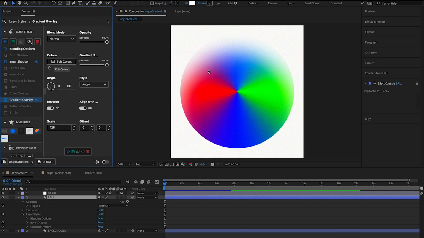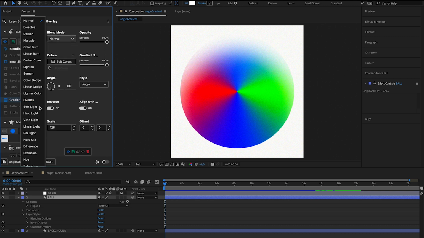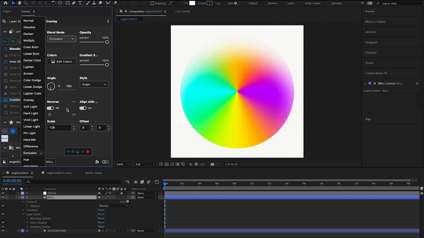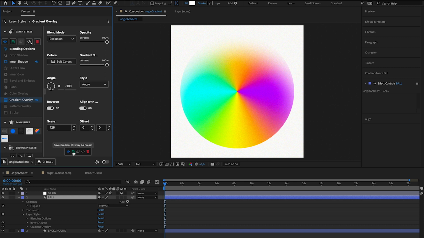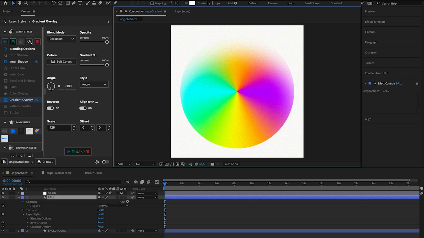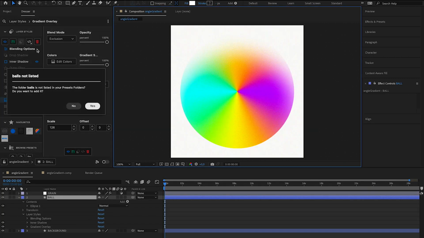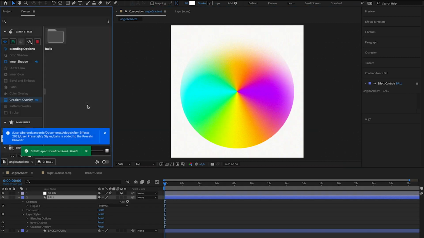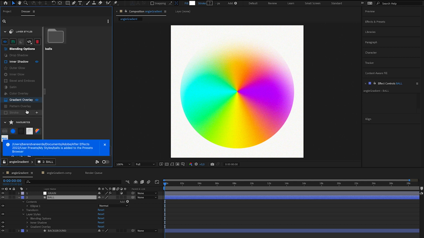Happy with your style? Dresser makes it easy for you to save your layer styles and access them for future use. Save a single layer style from the toolbar in the Layer Styles section, or save a preset from a combination of layer styles from the sidebar on the left. Choose a folder on your local drive and Dresser will automatically ask you to add it to your preset browser. Now you can browse to or search for your layer style from the preset browser within your panel.